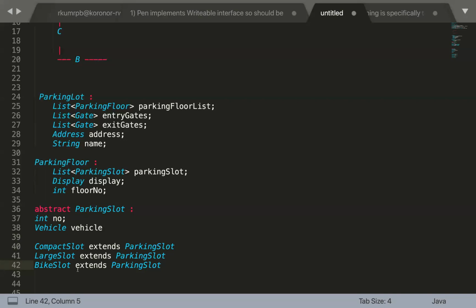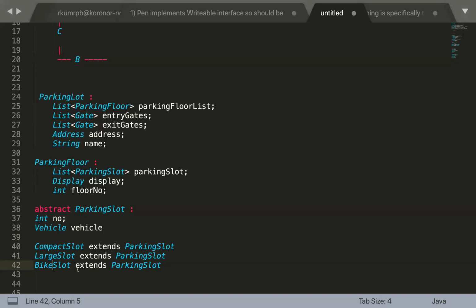So that when you are watching a movie in those 3 hours, probably your vehicle can get charged. Who will wait for, let's suppose, an hour or 2 hours for charging your vehicle, right? So while you are watching your movie, your vehicle can get charged. So the electrical slot can come, right? Some more types of slot can be the covered slot, right? There can be some open parking and some closed parking, right? So probably there can be a separate interface which can provide the contract method for open parking and closed parking, right? So those things can also come.